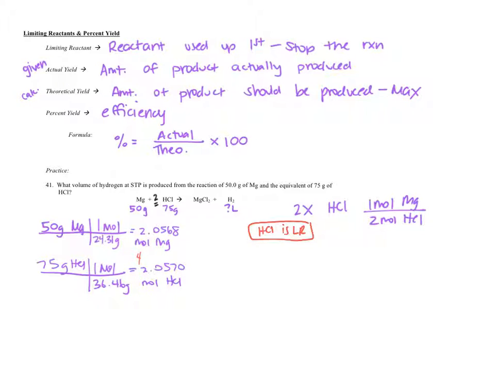So remember, in stoich, you're given one number. You do the whole grams to mole ratio to grams. Here, you're going to start with the limiting reactant. That is your starting point. So the point of finding the limiting reactant is to figure out which reactant to use in the problem. Because HCl is the limiting, that's what I'm going to use. We've already turned it to moles, so you don't have to do that again. So with these problems, you can start right with the moles,